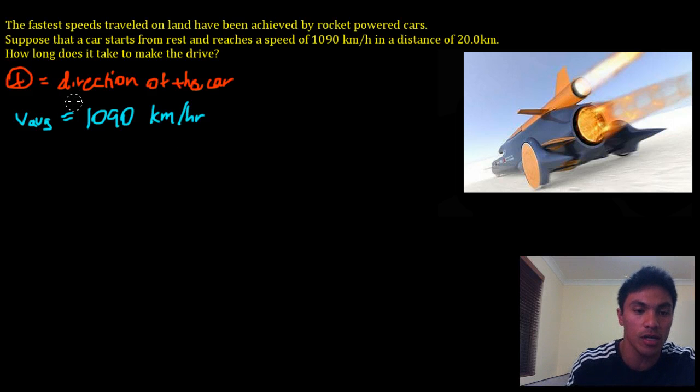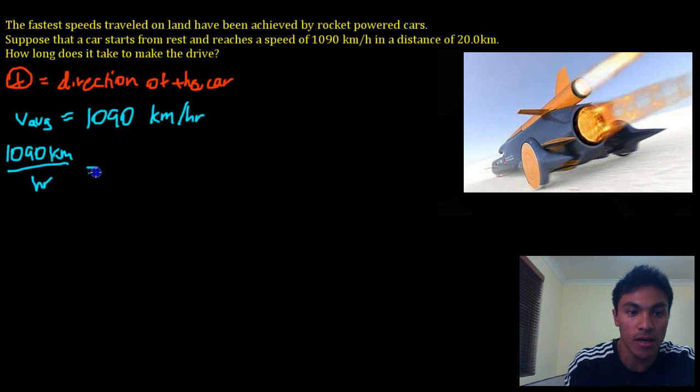So 1090 kilometers in 1 hour is the same as 1,090,000 meters over